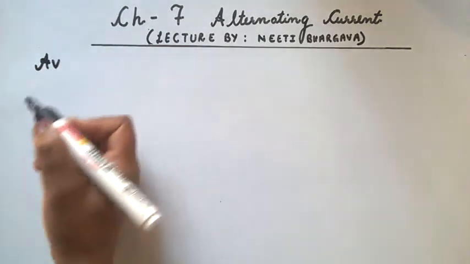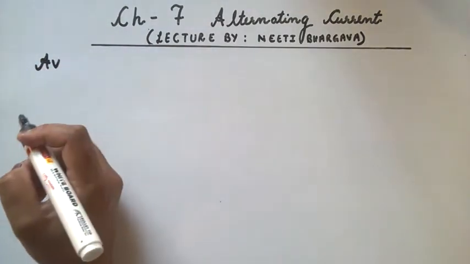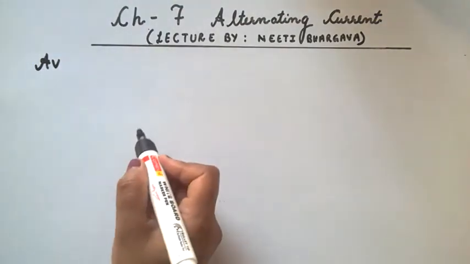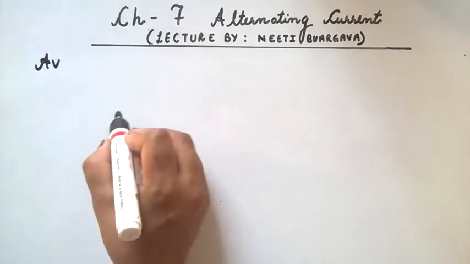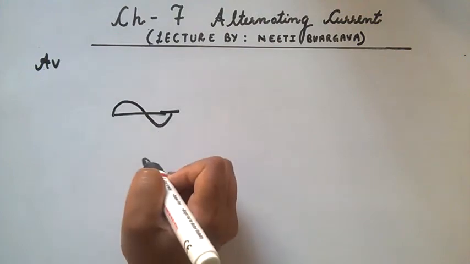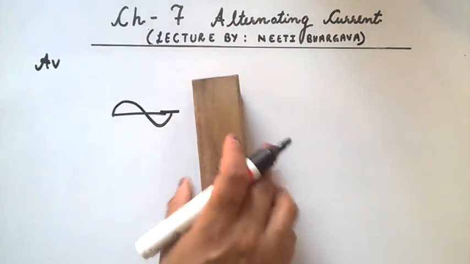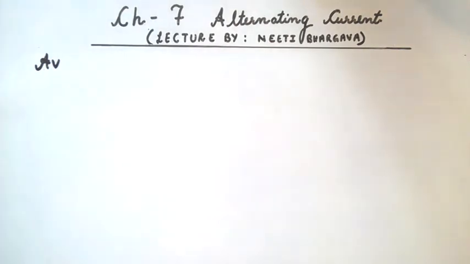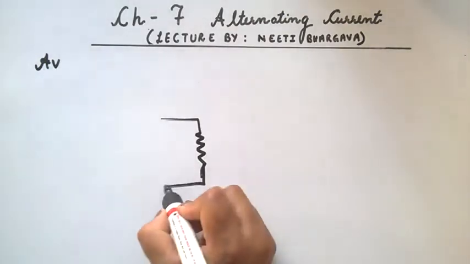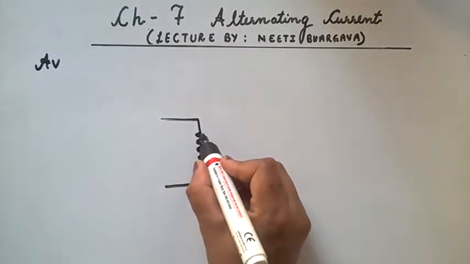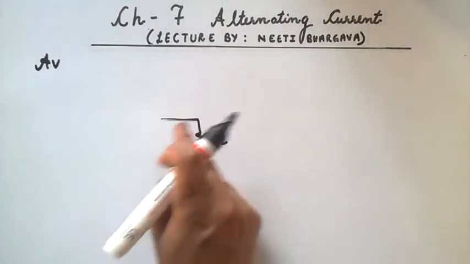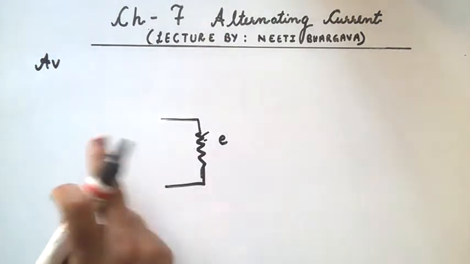In the previous video, we have studied about root mean square value of current, and we know that the average value of current in alternating current is equal to 0, because half cycle is positive and another half cycle is negative. Therefore, its average is equal to 0. But their average power will not equal to 0. That is, the resistor will consume some power as well as will dissipate some electrical energy. That is, there is some loss of electrical energy when the current passes through it. So their average power will not equal to 0.